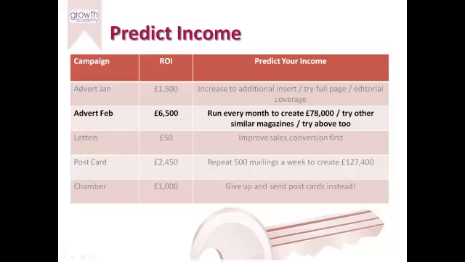So let's have a look at what we did. We did our first example. If I was running advertising that was working, the first something I would do is I would use that insert. So our costs went up, remember. In this, if you look on the previous slide, I actually said that we had an income of £1,500. This one we've got an income of £6,500. It costs more, but our income, our net income, was significantly higher. Why? Because we inserted a flyer. It cost us an extra £1,000, but we made extra income. So we've taken an advert from making £1,500 to £6,500.